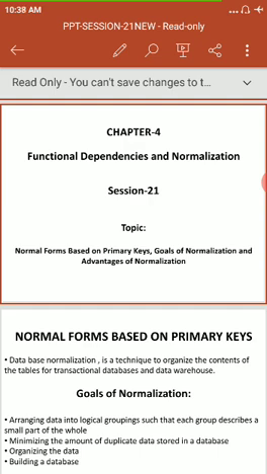Third one, organizing the data. It will organize the data. Organization of data is very important in a database. So, you know that in a DBMS, a database administrator is there. The main responsibility of the DBA is organization of data. Where to store, how to store, and he has to give security for the data.